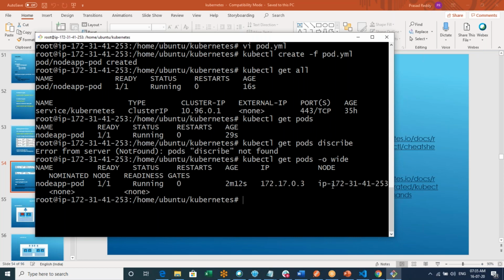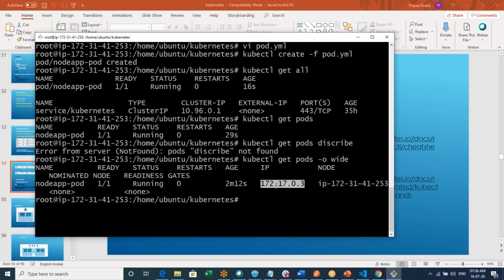You can see here, this is the node IP, and this is the node we are speaking about. Node meaning this is a virtual machine, right? But in a cluster, it can be in any one of the nodes. Let's say there are 3 nodes in one particular cluster. The pod can be created in any one of the nodes. But this is the IP address for your pod itself.